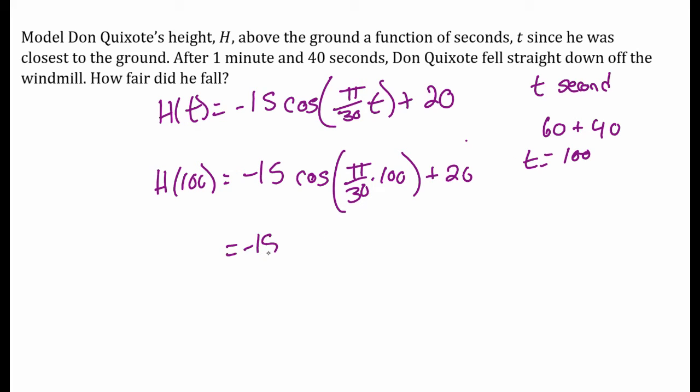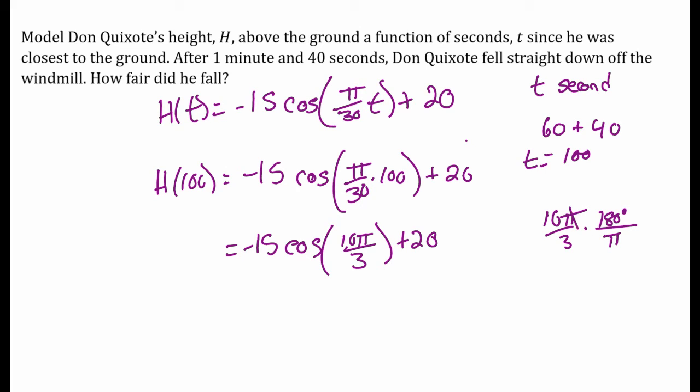We get negative 15 cosine of 100 divided by 30 is 10 pi over 3 plus 20. We haven't done this in a while, but 10 pi over 3 is in radians, and my brain works with radians. Yours might not yet. So to get rid of the radians, I know 180 degrees is pi radians. So using this idea here, 10 times 180 divided by 3 is 600. That's really 600 degrees. Spinning around for 1 minute and 40 seconds rotated me